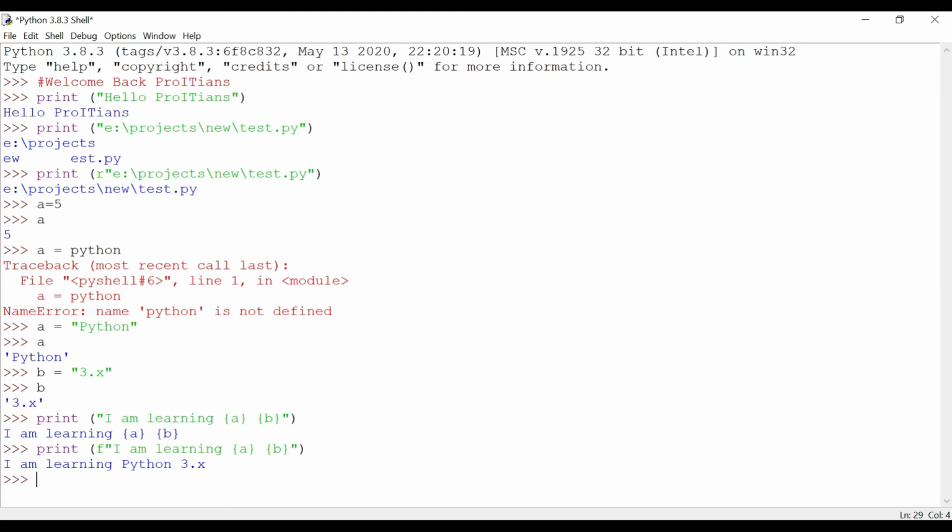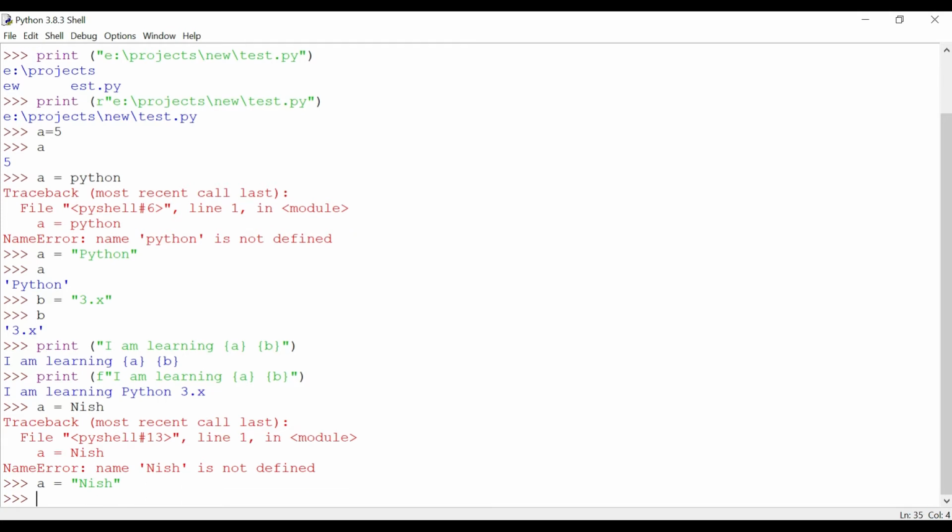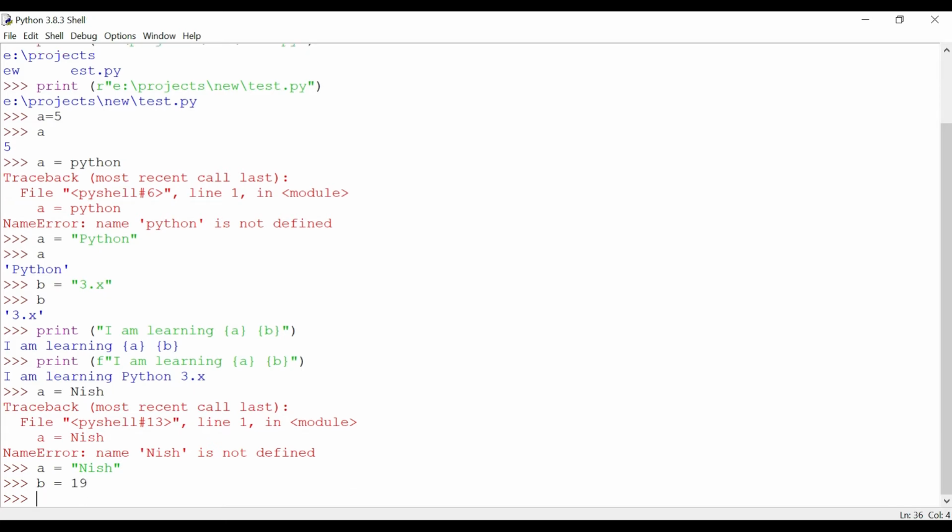So let me take another example. A equals niche, and, sorry, I didn't give the codes, right? So let me type again. A is equals to niche, B equals to 19. Okay. Now if I have to use the same statement, what I would do is print